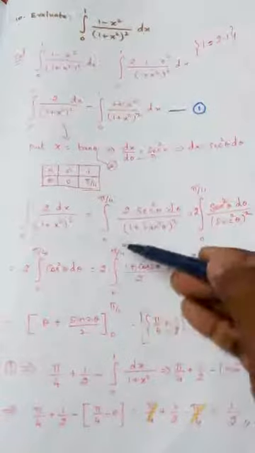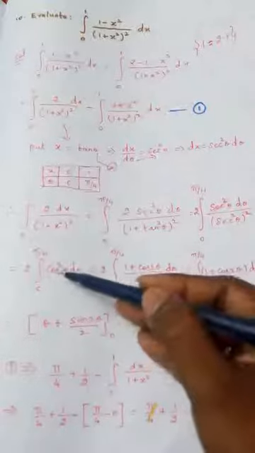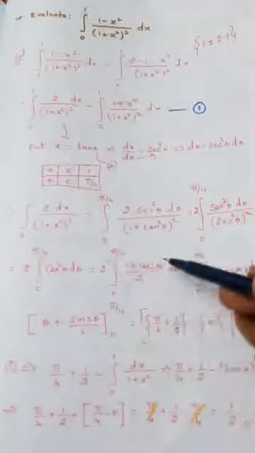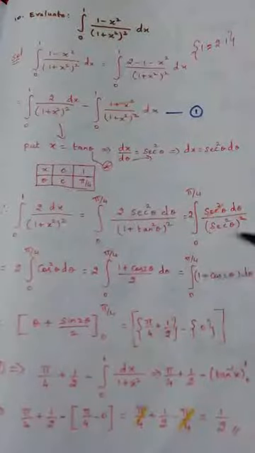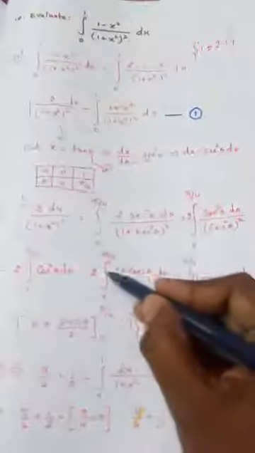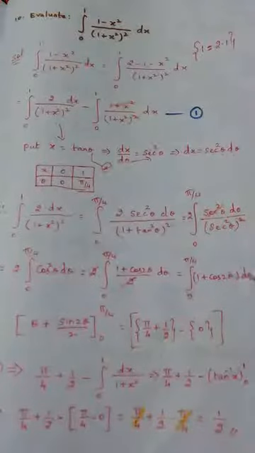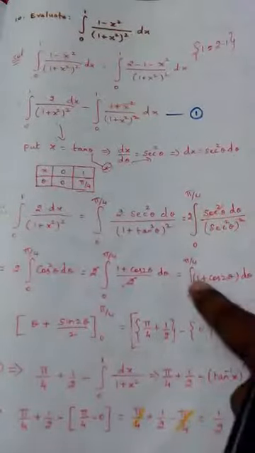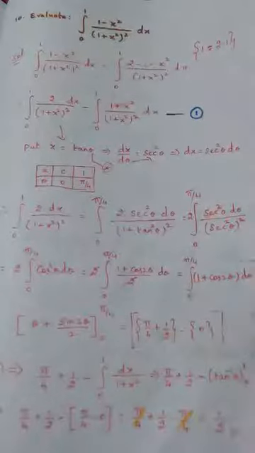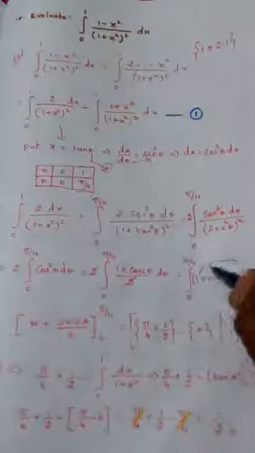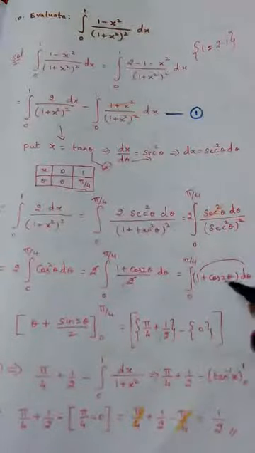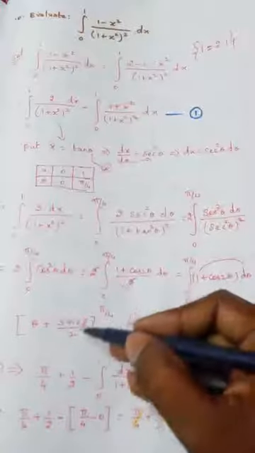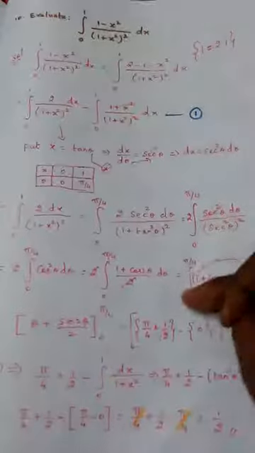Now again 2 times 0 to pi by 4. Cos square theta trigonometric formula is (1 plus cos 2 theta) by 2 into d theta. 0 to pi by 4. 2 gets cancelled. Balance is this. So now I am going to integrate. Just bring this theta d theta inside. Integral d theta, answer is theta. Integral cos 2 theta d theta formula is sin 2 theta by 2 and the limit is 0 to pi by 4.